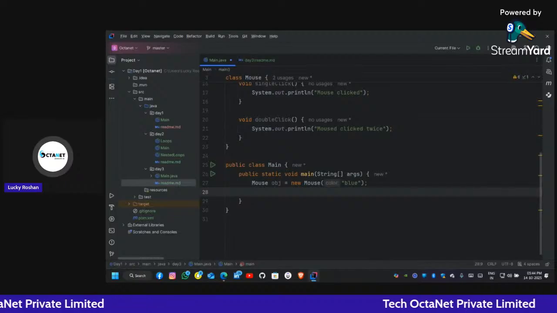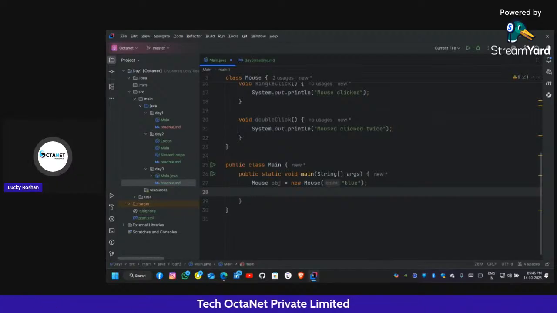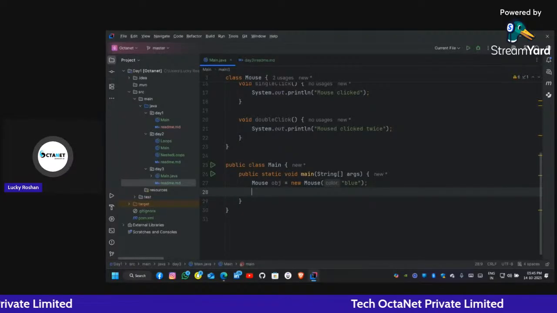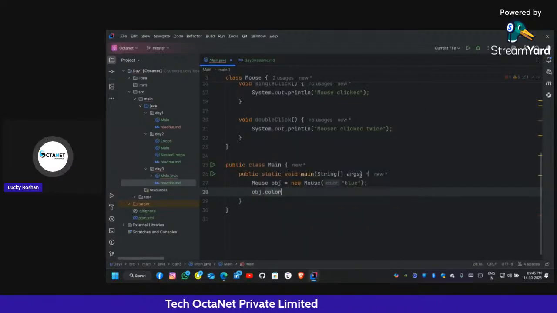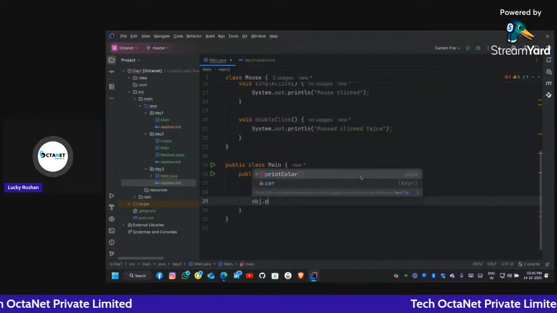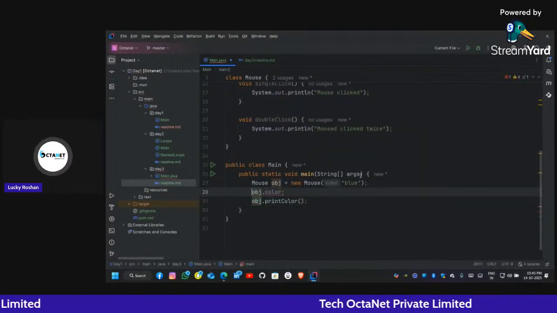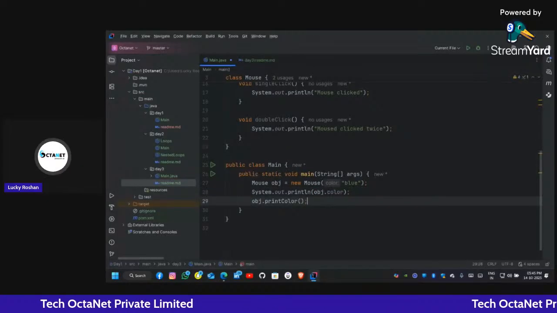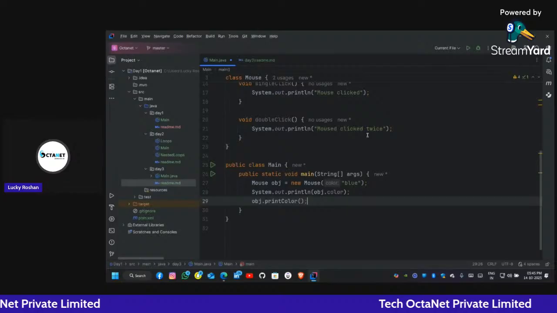Just now we created the mouse object by writing Mouse obj is equal to new Mouse and passing the parameter blue for the color. Now how can we access properties and attributes? By using the dot operator. We can write obj.color or obj.printColor. We can write System.out.println(obj.color), or we can write obj.printColor.